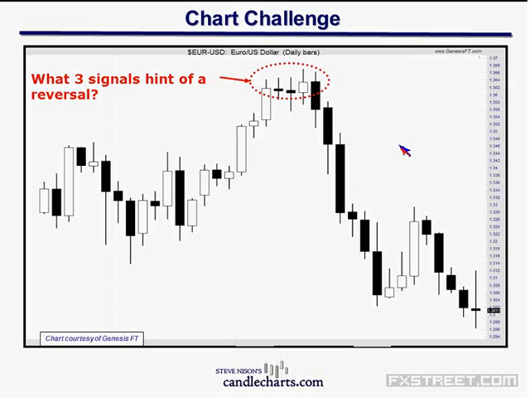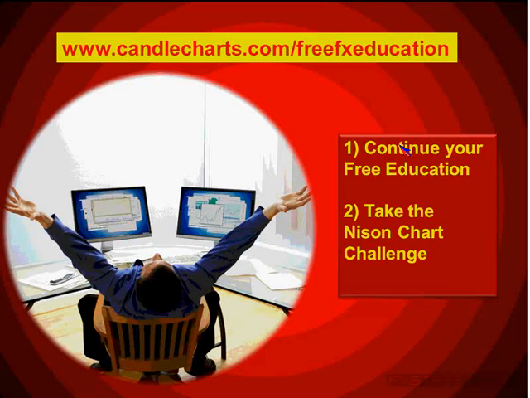And what we decided to do, once again, to really make sure you understand some of the concepts we talked about today, is I threw in a chart challenge on that link. I'll give you the link again. And there are 3 signals that hint of a reversal. Okay, and one of them is actually going to surprise you. And one is going to make sure you don't misuse candles. So to see this question again and then to get my answer, to see if it matches up with your answer, go to this link,